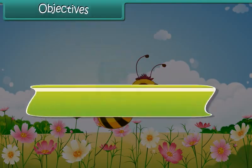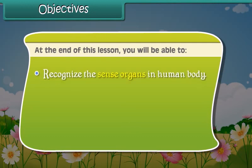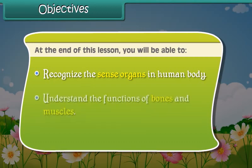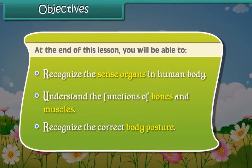Objectives. At the end of this lesson, you will be able to recognize the sense organs in human body, understand the functions of bones and muscles, recognize the correct body posture,